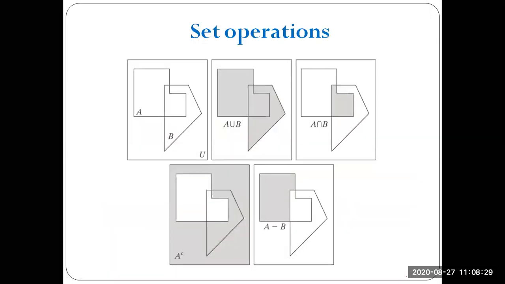And set operations. Here it is simply normal set theory. The union is a single total image, but this total image is divided into two parts, set A and set B. After that, we get A union B, A intersection B, A complement, A minus B. Like this, we get these images.